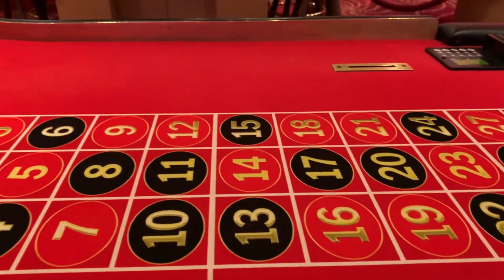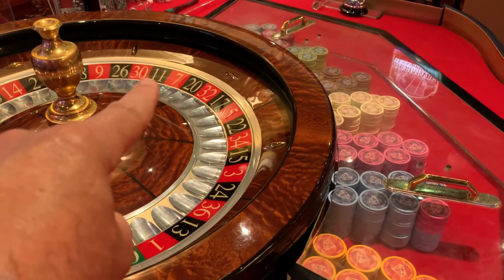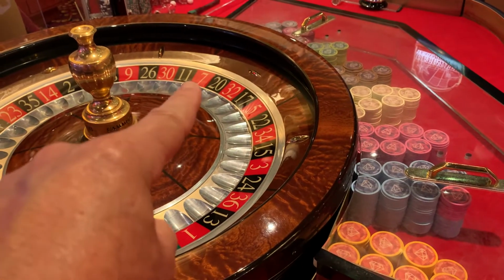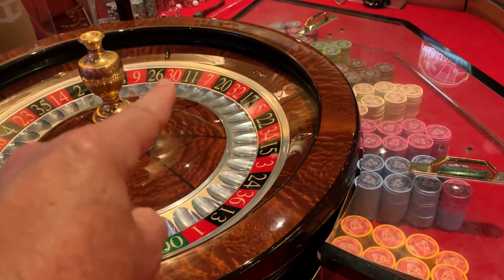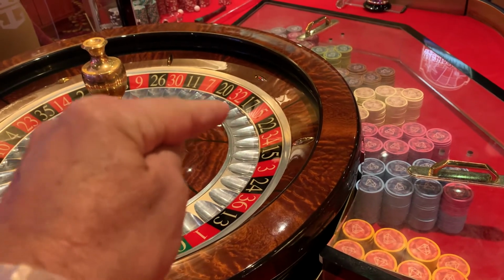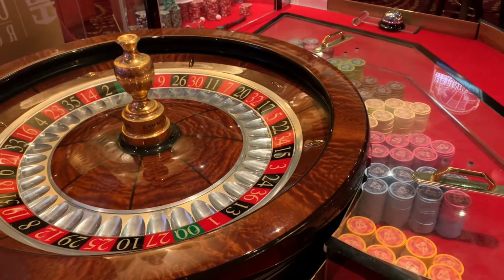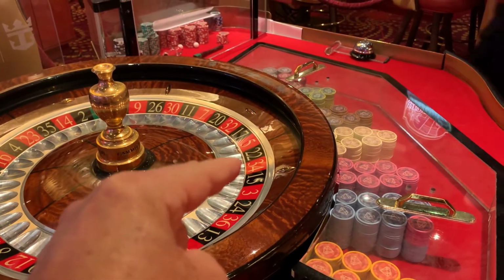My best neighborhood, as I said, is 11 all the way to 22. So I have 1, 2, 3, 4, 5, 6, 7 numbers in a row covered. It's nice watching when the ball is doing like this. I know it's going to land in my neighborhood. So that's pretty good. If the ball lands on 22, for example, I will put a couple of dollars on